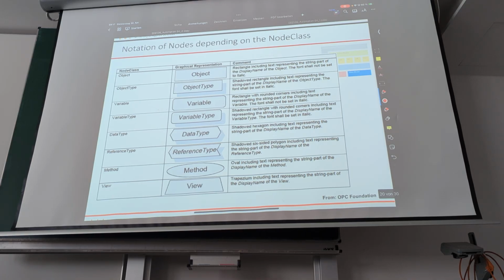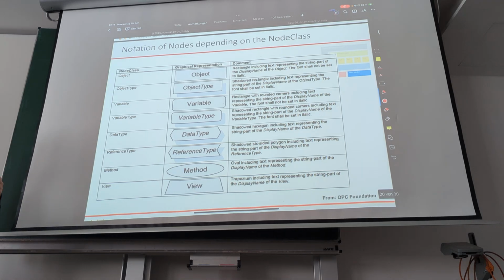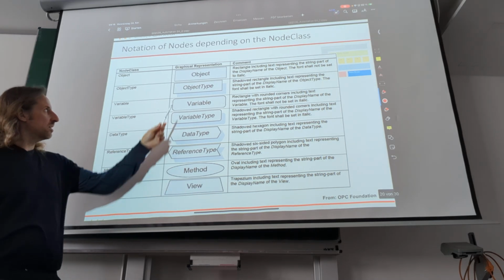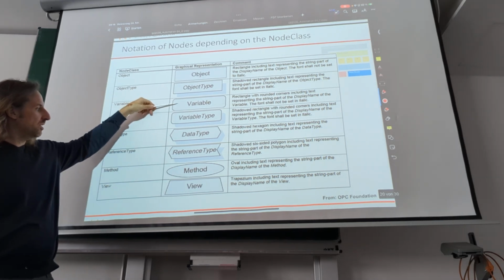I don't actually know why they did it. They have their own notation on how to describe these models. In my opinion, they could have just relied on what's in the IT industry, like UML, which perfectly describes object-oriented models, but they decided to have an additional representation notation. So we always have object, variable, method,